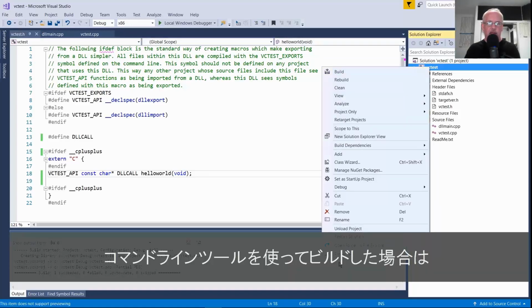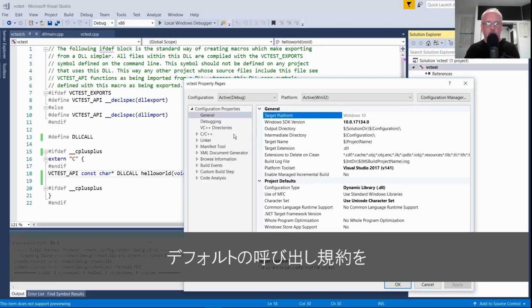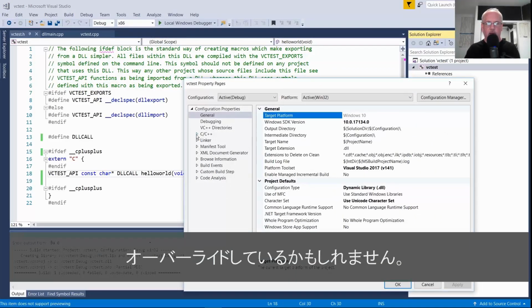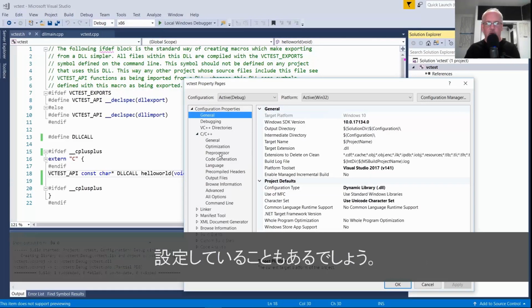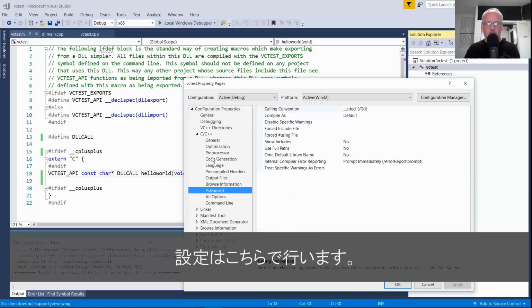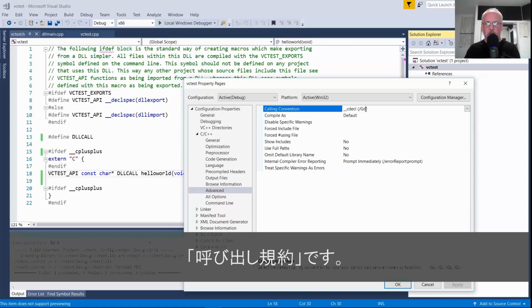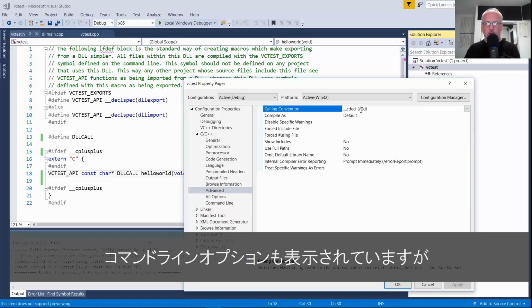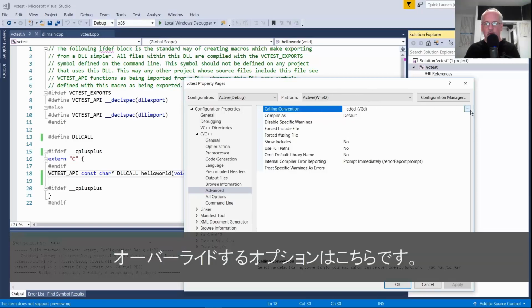So it's possible that if it was built using command line tools, the default calling convention could have been overridden. Or in the project file, if it's using a Visual Studio project file. I'll show you where to find that setting here. It's under C++ compiler, advanced options, calling convention, and it shows you the command line option you can use to override that. But the default here is cDecl, and you have options to override that.